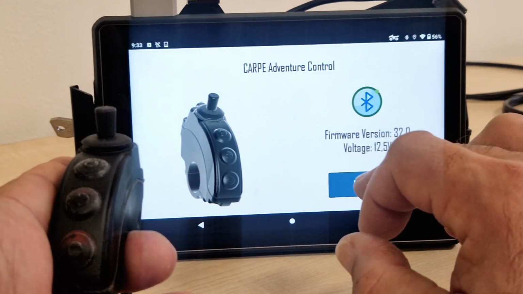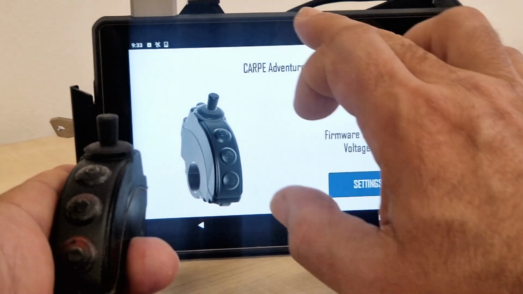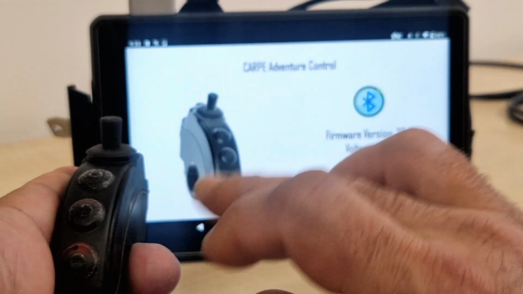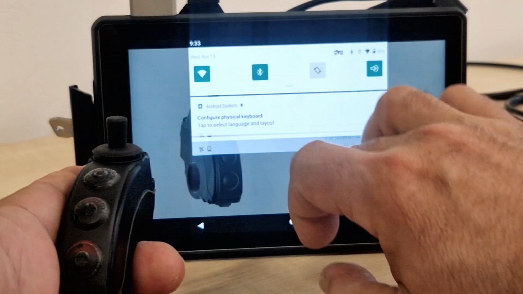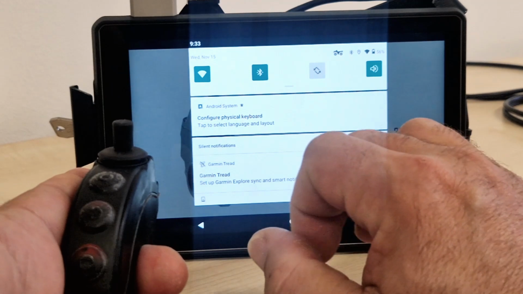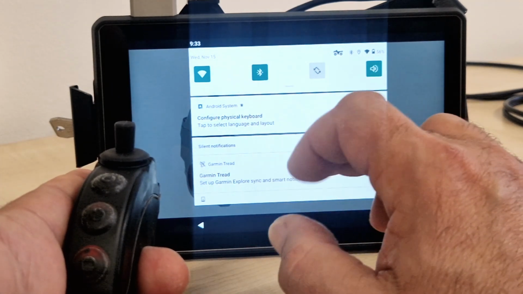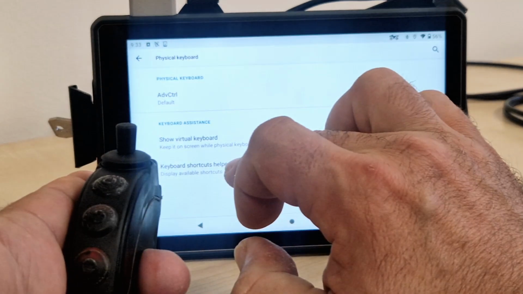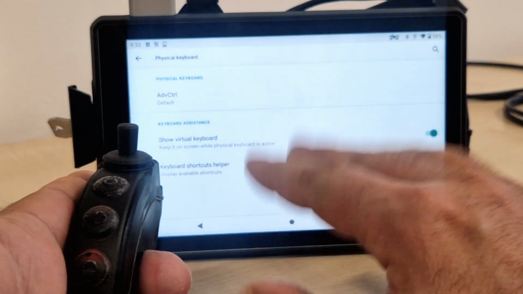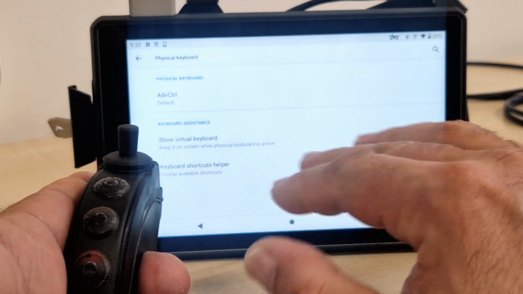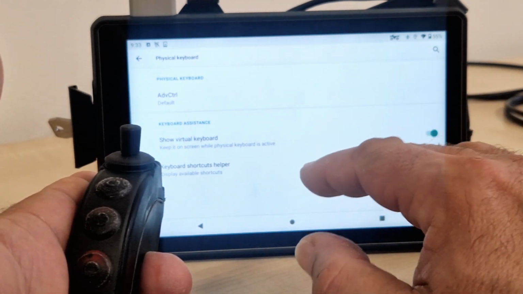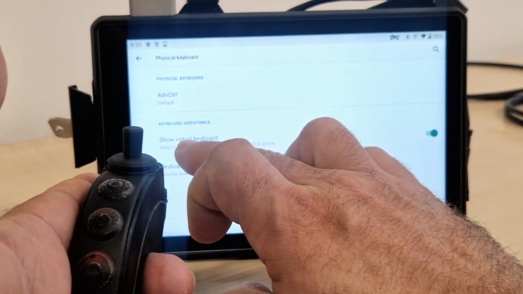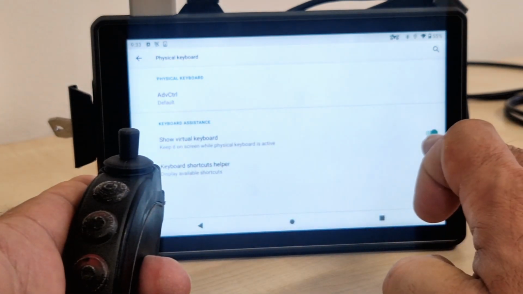And one last thing that I should be mentioning: when you connect the controller, you get a pop-up in the system menu, configure physical keyboard. This is relatively important. Some people are struggling with that. Unless you set this up, you will not be shown the on-screen keyboard when you're typing an address or something else. And this is what we need to enable.